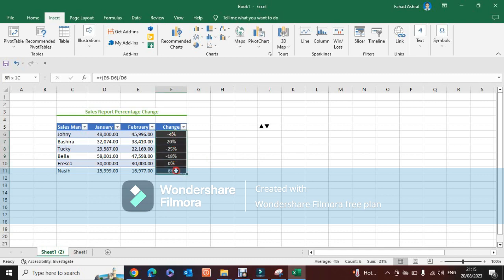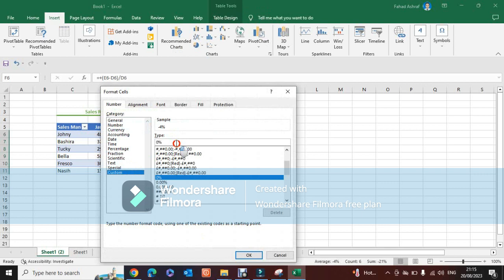go to format, custom, use existing shapes, type bracket green, bracket close, space, percentage, semicolon, bracket red, bracket close, shape,